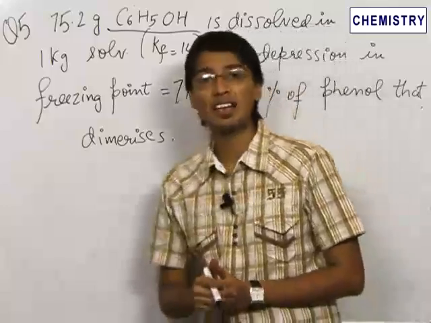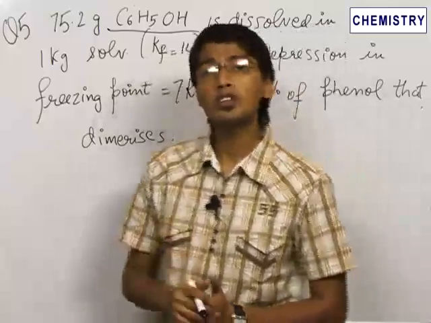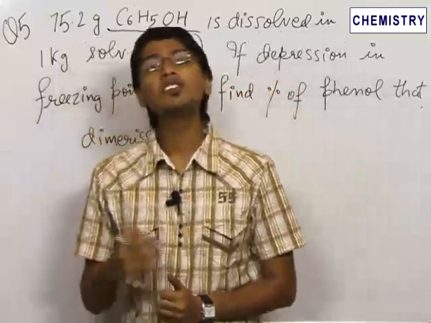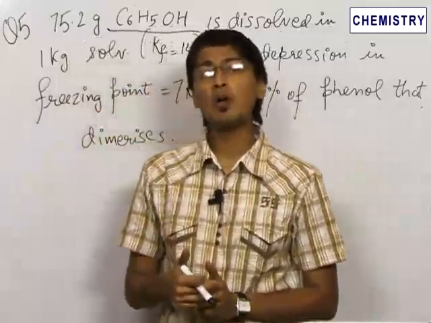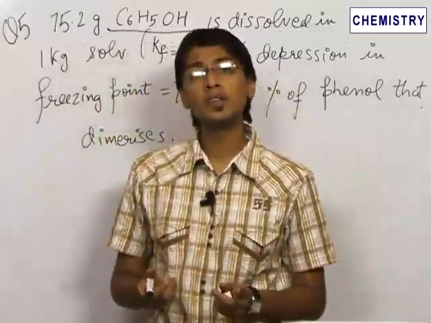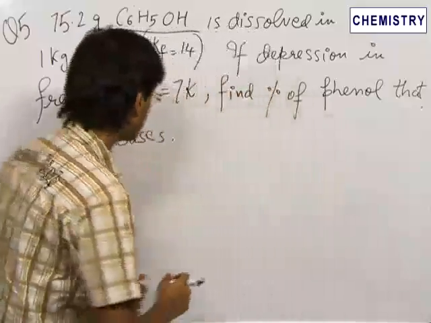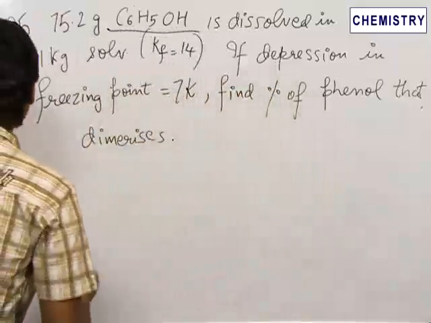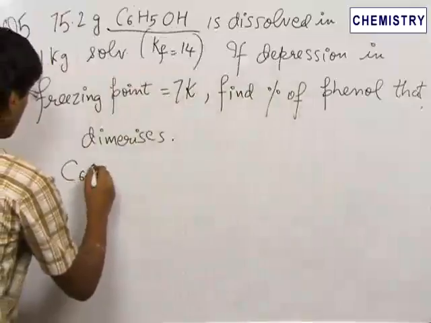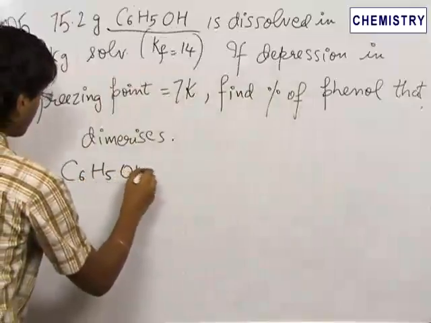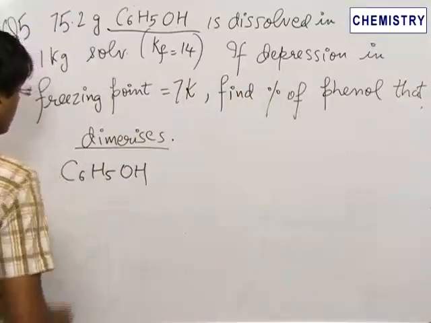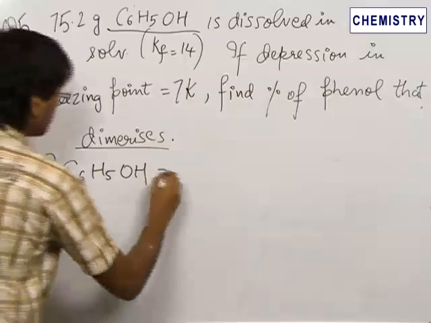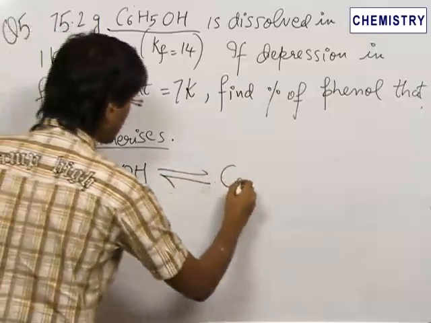of phenol that dimerizes. Now the previous problem which we did was a problem of dissociating of an electrolyte, and this problem is associating of two molecules to get a dimer. Hence, writing the equation for phenol, we have, since it is given that it is dimerizing, so we have two molecules of phenol dimerizing to get